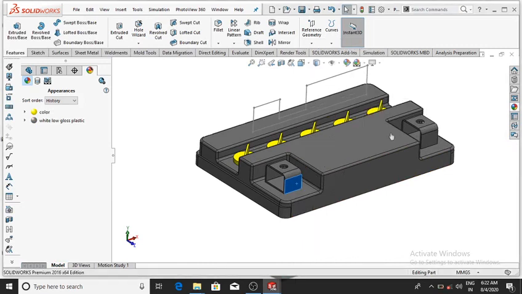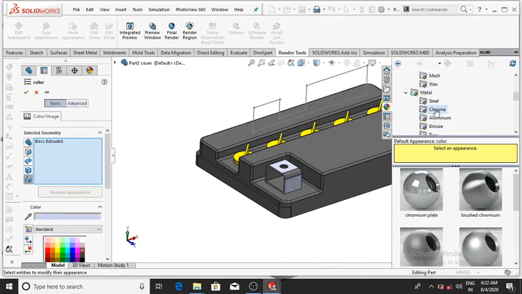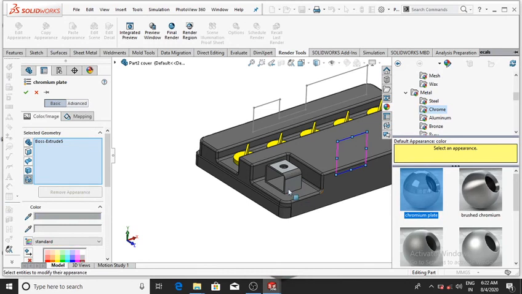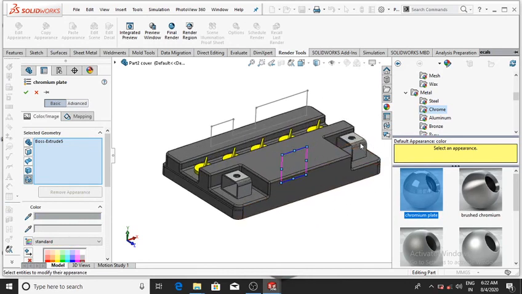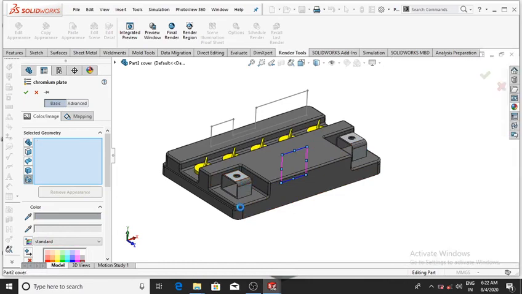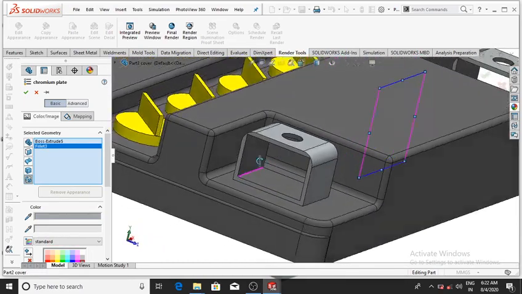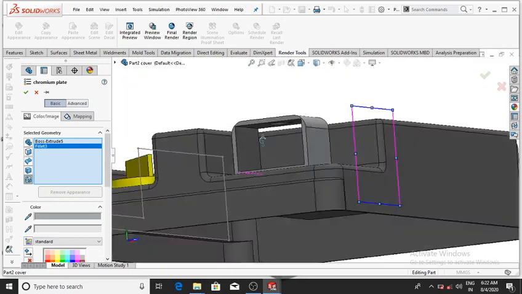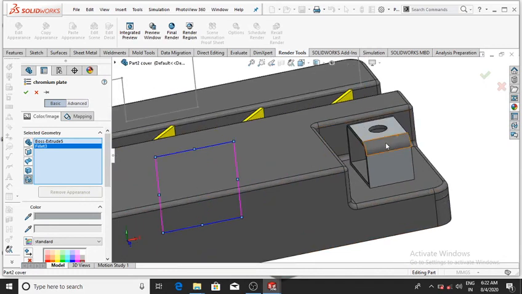And select this and select boss extrude and make it metal chrome, then OK. And now select this face and again it will be selected, and again select this fillet also, then OK.